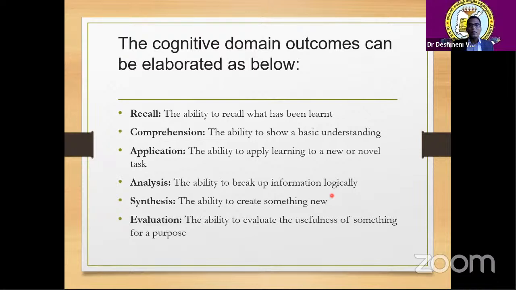After recall, another cognitive domain outcome is comprehension. Comprehension shows a basic understanding of a concept. Next one is application. Application is the ability of an individual to apply learning to a new or novel task or context. When it comes to analysis,